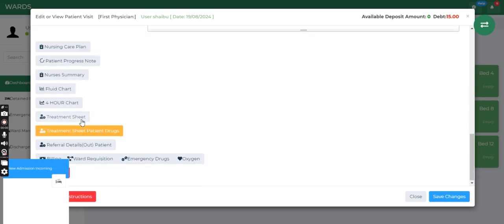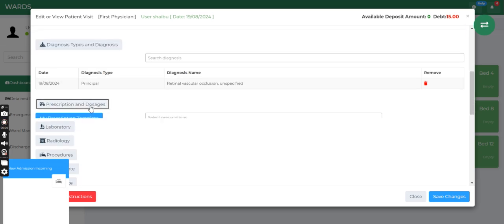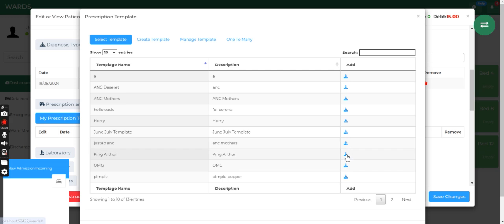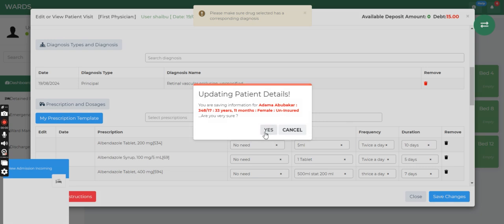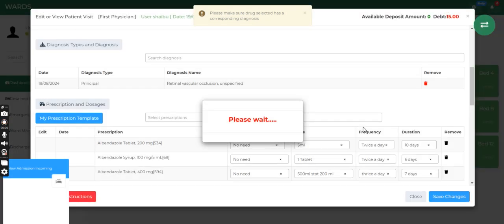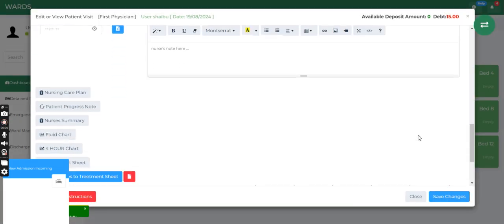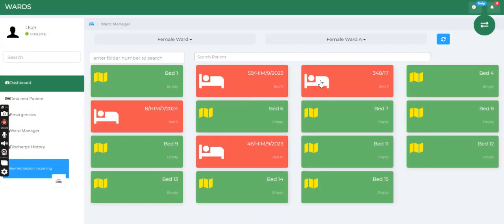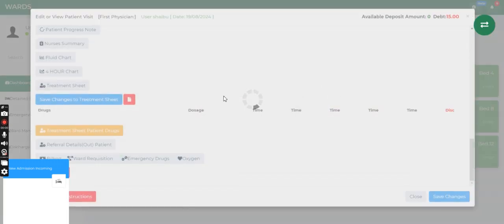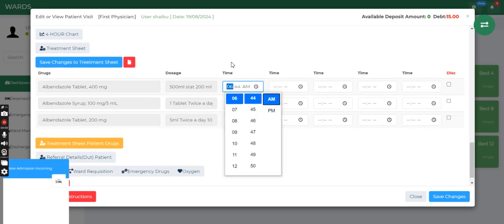So this is where you chart drugs, right? So I don't have a drug here, so let me just put some drug for this client. So let me see whether my tweet is not coming. So I have to reset it. So I'll just close and open again. That is in case they are just entering the. It's going to show here. So this is where you select the time you are giving